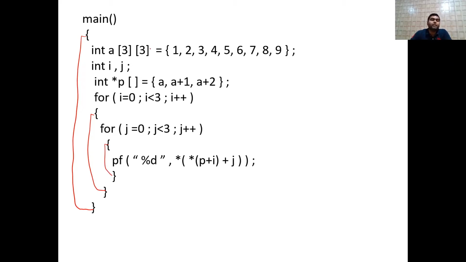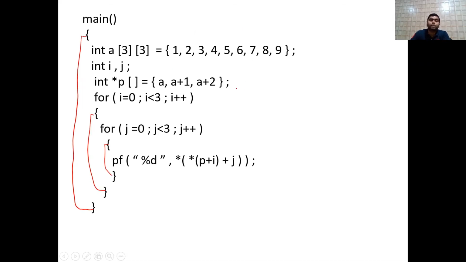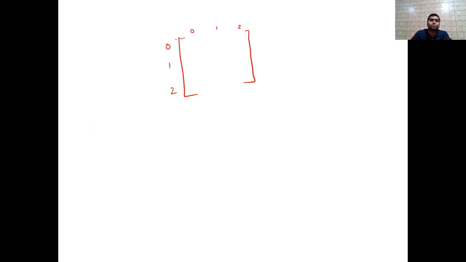So first of all, here a 3x3 array is taken, meaning 3 rows and 3 columns. Observe carefully what will happen. So 3x3 means rows are 0, 1, 2, and columns are also 0, 1 and 2. A 3x3 array is taken, and the values 1, 2, 3 are assigned. So this is just declaration as well as initialization. So what will happen in that case? The values will be assigned like 1, 2, 3, 4, 5, 6, 7, 8 and 9.